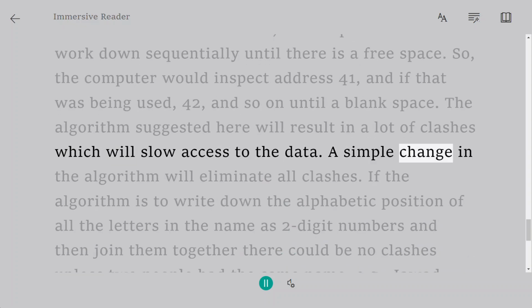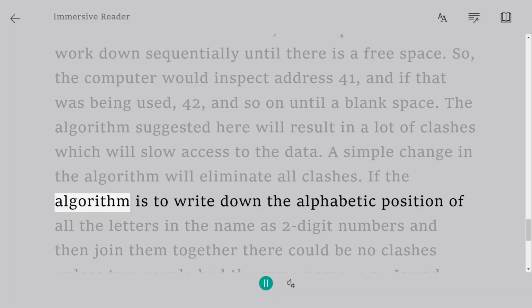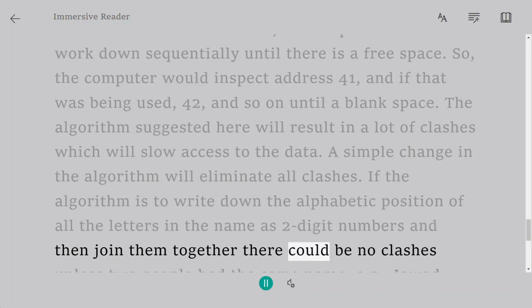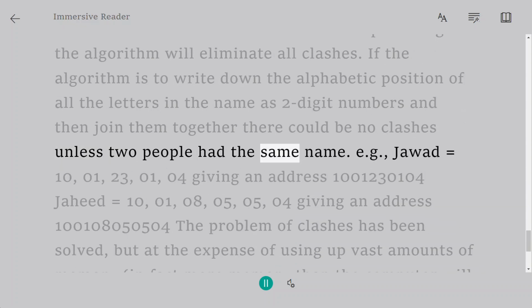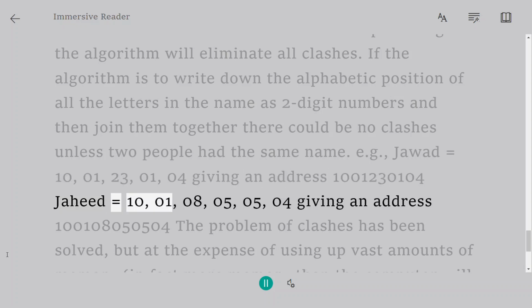A simple change in the algorithm will eliminate all clashes. If the algorithm is to write down the alphabetic position of all the letters in the name as 2-digit numbers and then join them together, there could be no clashes unless 2 people had the same name. Example, Jawad equals 10, 01, 23, 01, 04 giving an address 101230104. Jahid equals 10, 01, 08, 05, 05, 04 giving an address